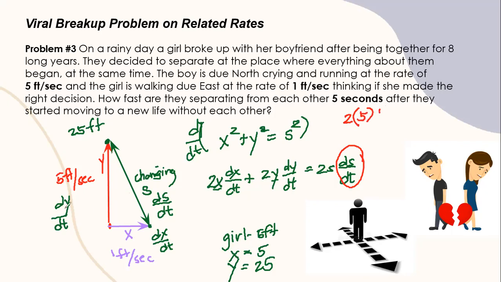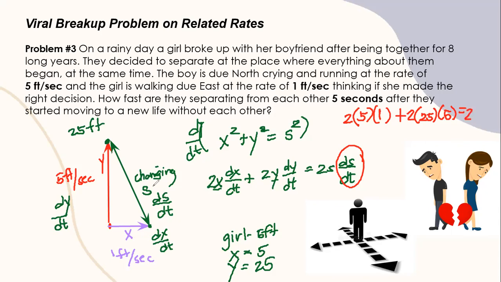Dx over dt is the rate of change of the yung sa girl which is 1 plus 2 times the y which is 25 multiply to dy over dt, rate of change of the boy due north. So that is 5 is equal to